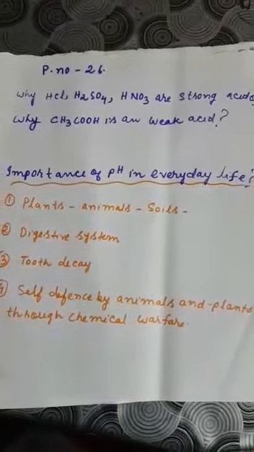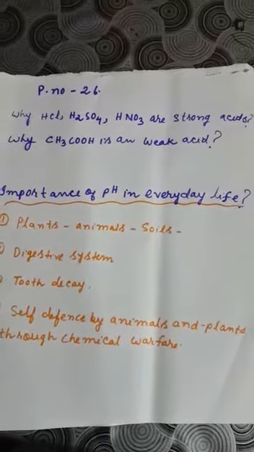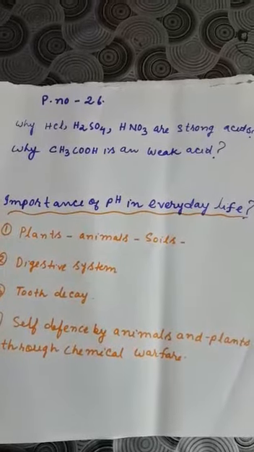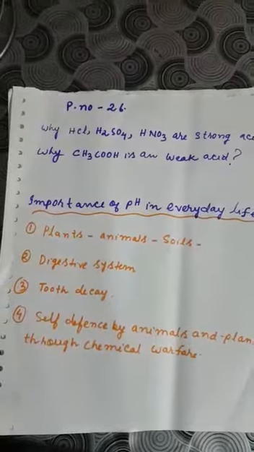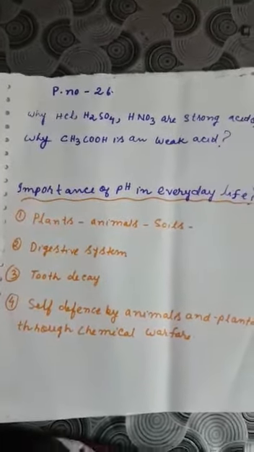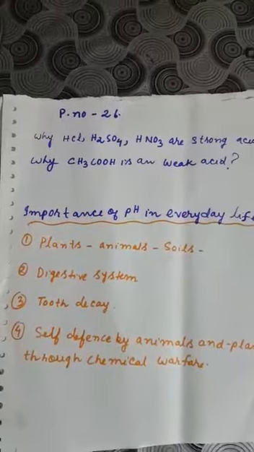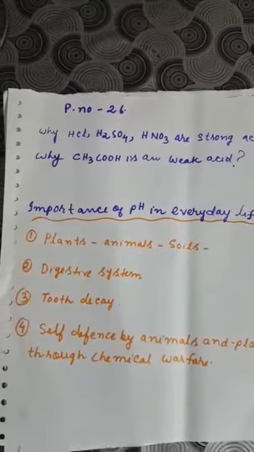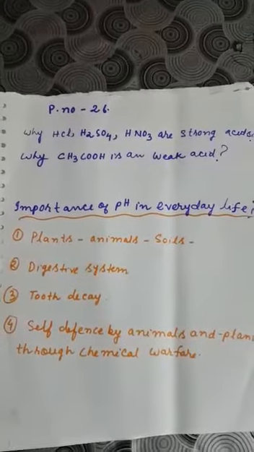Why is pH important? In the case of human beings, our body works very nicely within the pH range of 7 to 7.8. That means from neutral to slightly basic conditions our body works well. If it becomes acidic, various types of disease may occur and we will become sick. Am I clear to you? So it is very important.